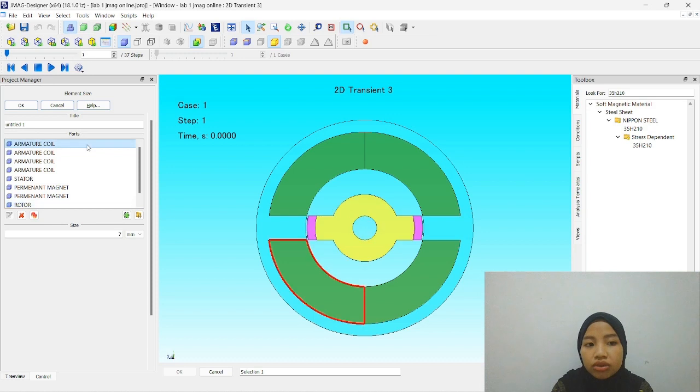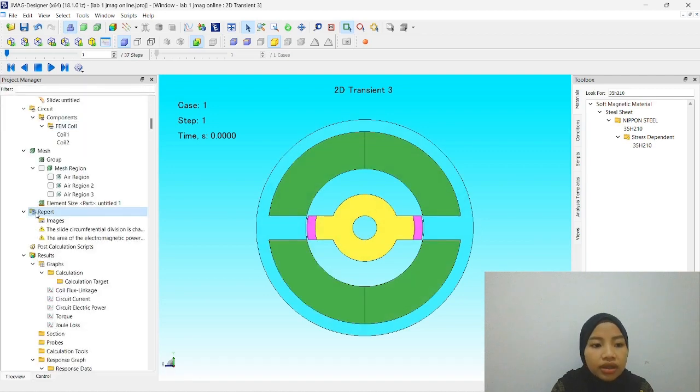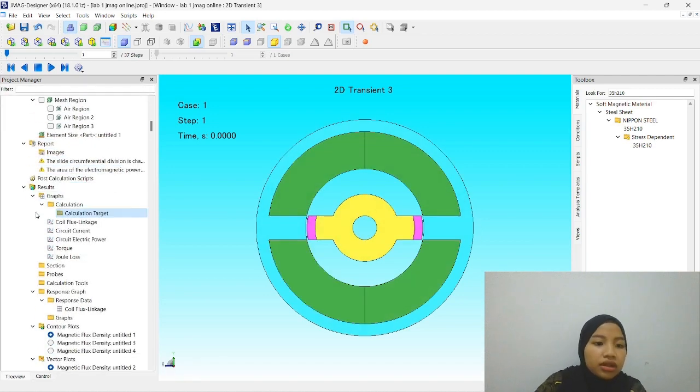For the armature we need to have the back view. We need to have armature coil for the left hand side views, for the back views. Okay, and then